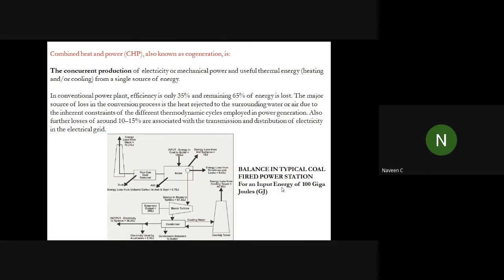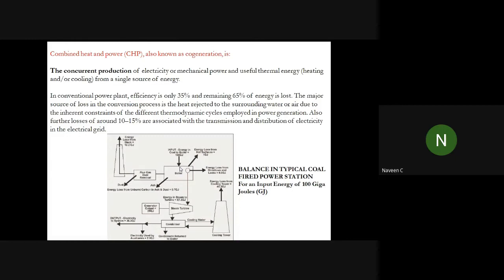The title itself says that you are giving an input of 100 gigajoules of energy. Joule is the unit for energy. Generally the power plant will be rated in terms of megawatt, but fuel cannot be supplied in the unit of megawatt, so I am taking everything in terms of joules, for our easy understanding. So check here, you are supplying the energy to the boiler, obviously, because the coal will be fired in the boiler.